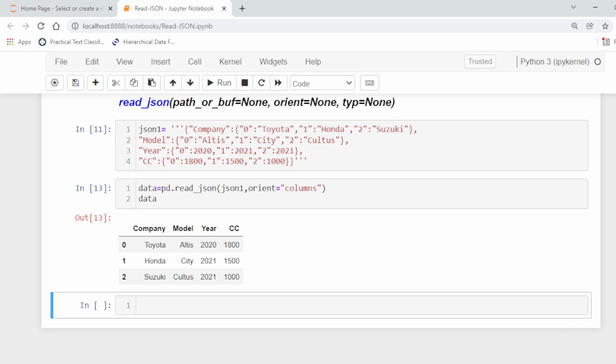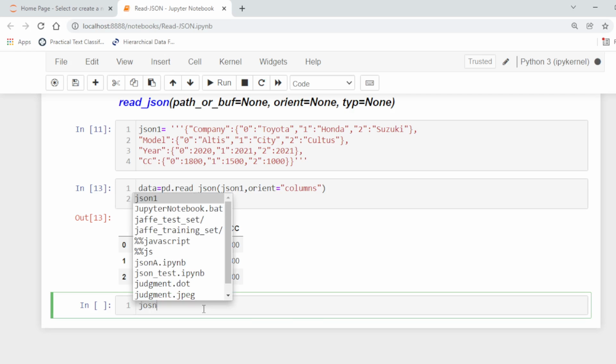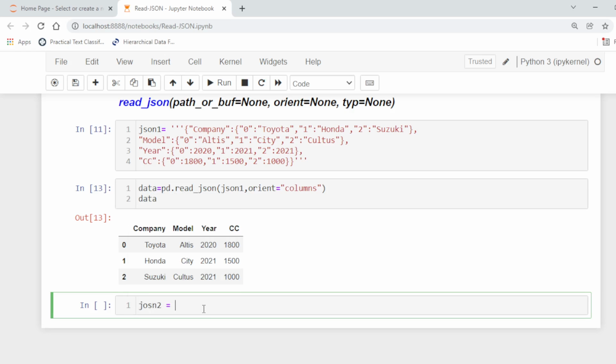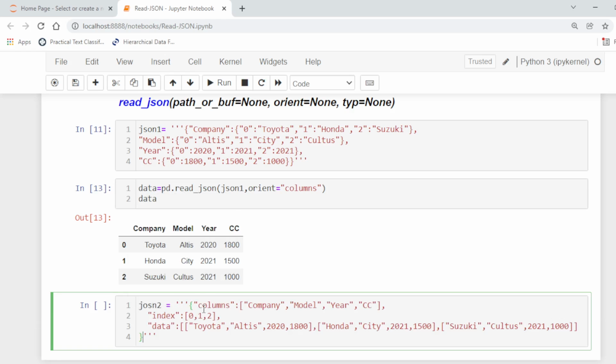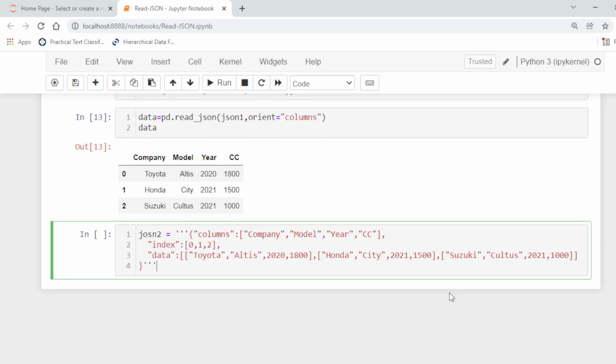If the JSON format is, for example, like this one, json2, in this format we will use the keys columns, index and data.